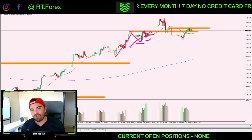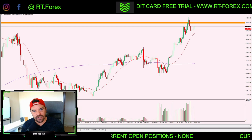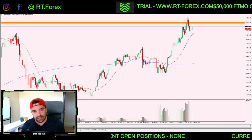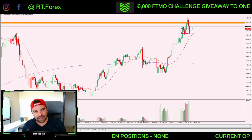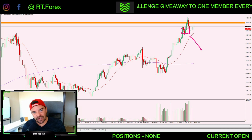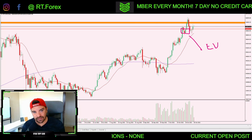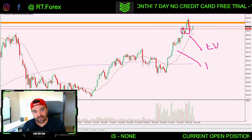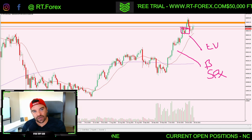Again, a very healthy trend to the upside. The only difference with Bitcoin and, I would say, traditional currency pairs is I bought it at this section here. So we were buying Bitcoin at this section. If this was a Euro USD chart or any Forex chart, I wouldn't have done that. However, with the personality of Bitcoin and possibly the indexes, the SPX 500, this is okay for me to buy